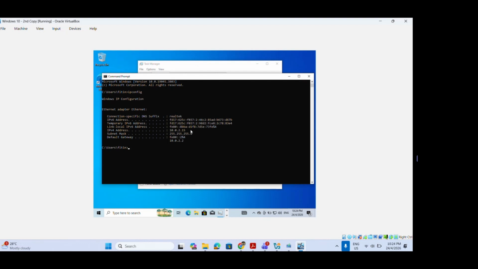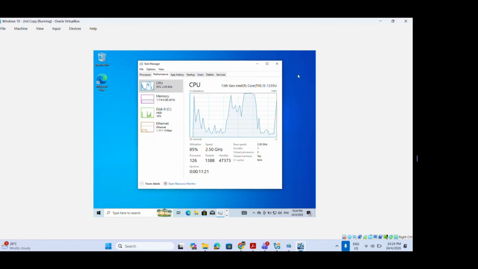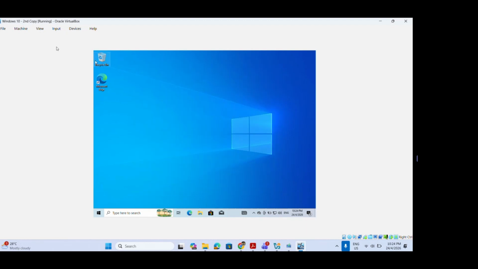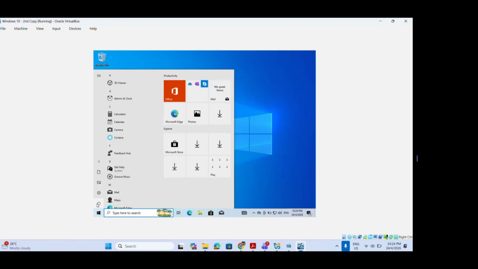So by default, this one, right? Later you will require the host only. So this one you inherit the IP from the host. Okay, now we can shut down first because I will continue with the second part, the second video, and then I want to increase the RAM so that